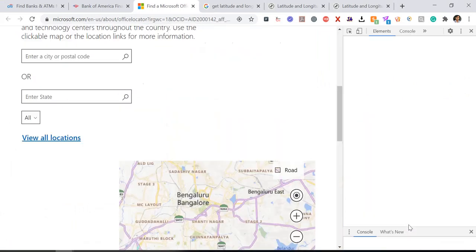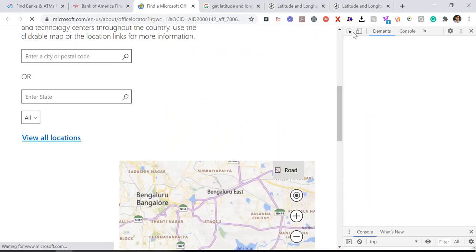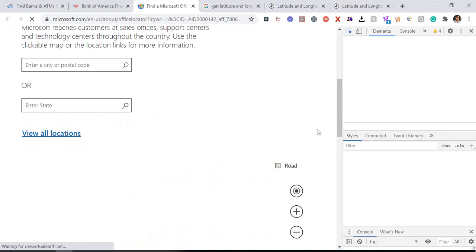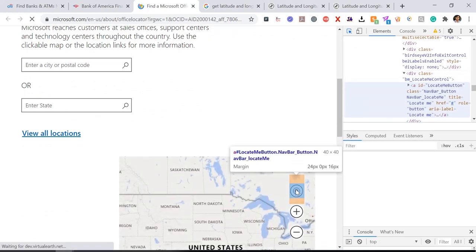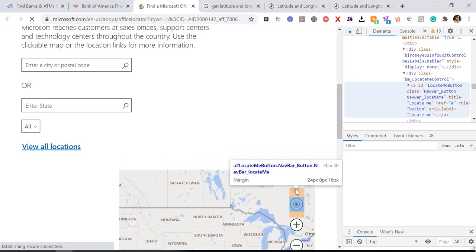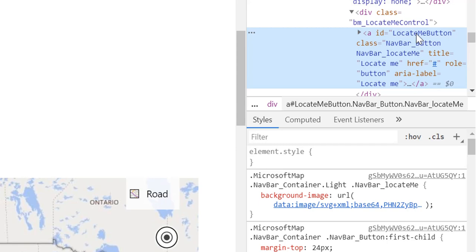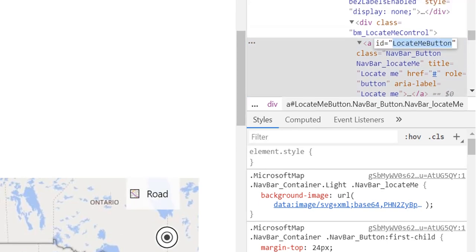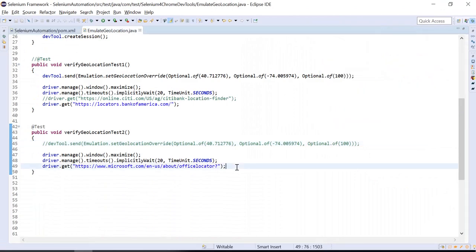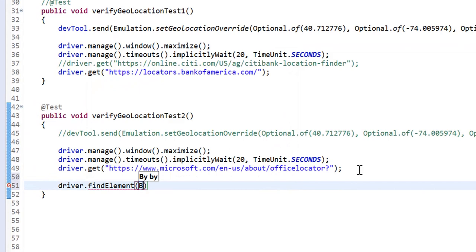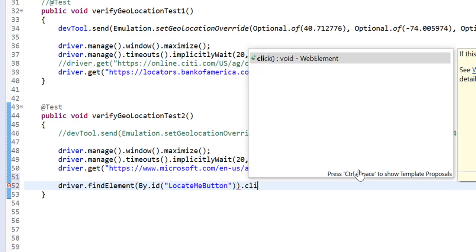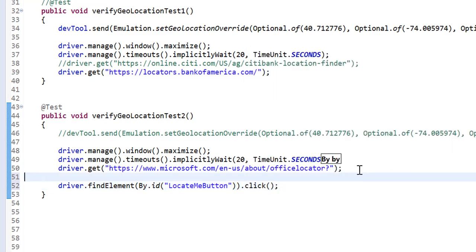Let me find the locator of this locate button. It has the id locate me button. Let me use this id: driver dot find element by id, pass this id, and click on it.